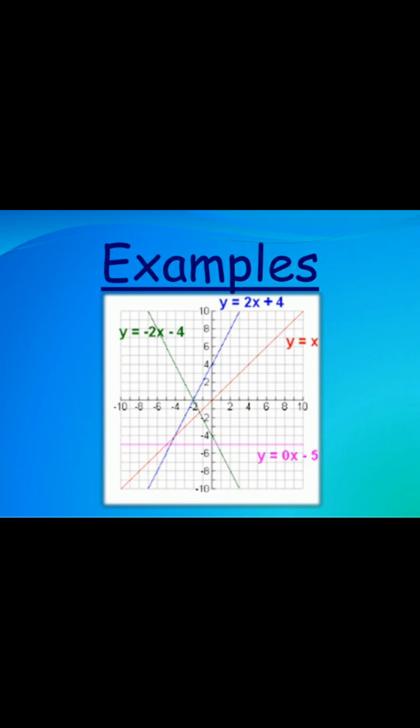Similarly, I have told you, if y is equal to mx, then it will pass through origin. You can see in the orange line y is equal to mx. This line is in the form of y is equal to mx. In the blue line, it is the equation of y is equal to 2x plus 4. Now I think you will better understand the questions with these examples. Thank you.